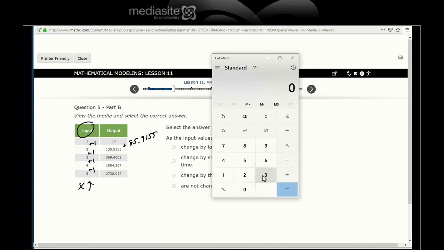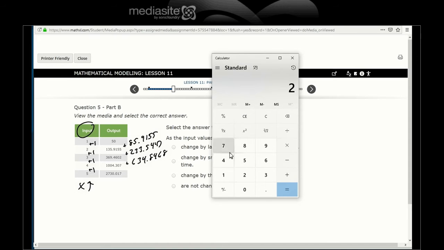So let's try 369.4602 minus 135.9155 for 233.5447, about. 1004.307 minus 369.4602, 634.8468,